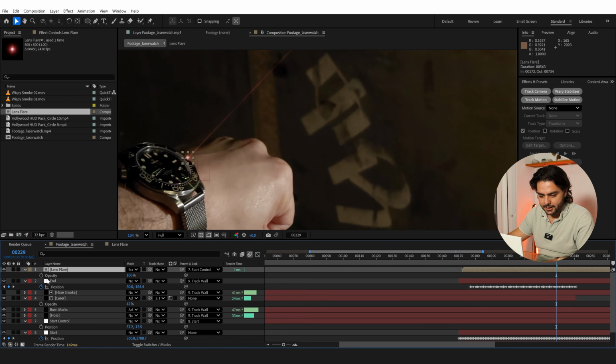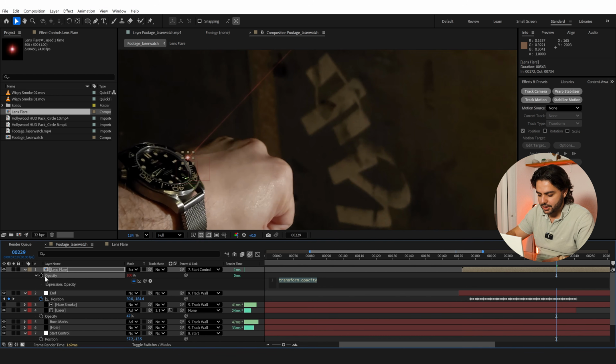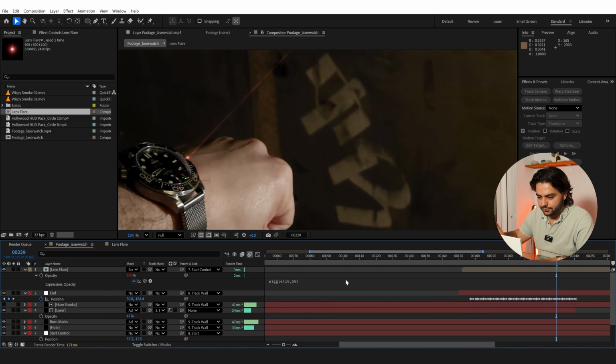And you can also press T on the keyboard and hold Alt, click on the stopwatch. And now we're going to write an expression: wiggle, open parentheses, like 10 times a second, comma, we're going to change it with a value of 50. So now it's going to also flicker a little bit,